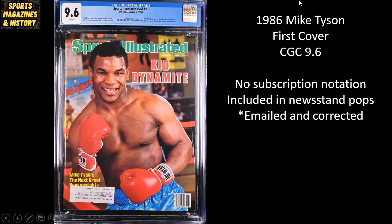And in fact, this specific 9.6 Mike Tyson got initially put into the newsstand pop reports within CGC's census. So it was clearly just a mistake by the grader, who didn't add that on the label. Now, thankfully, this one was corrected. I know that a couple of collectors sent CGC an email to notify them of the error,